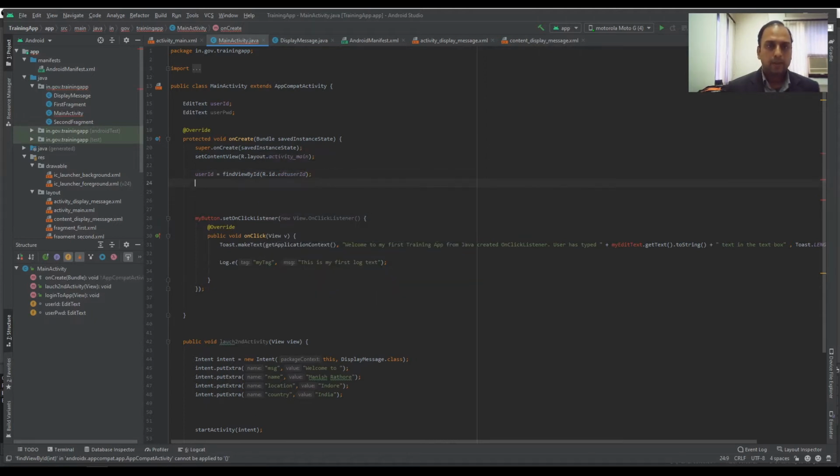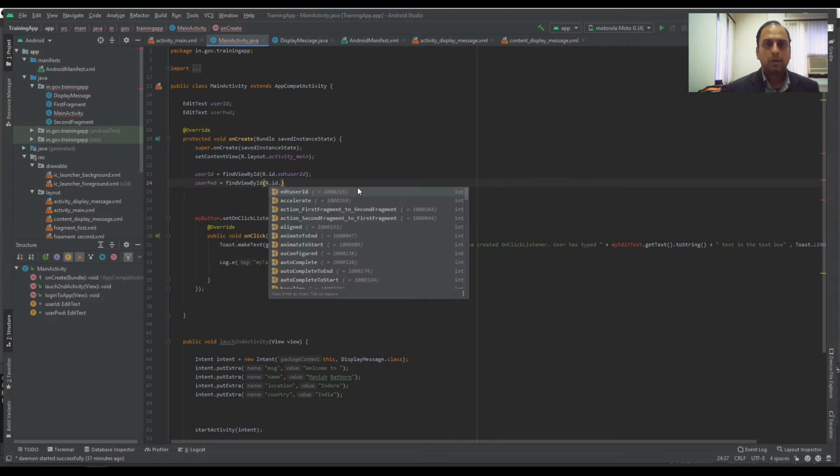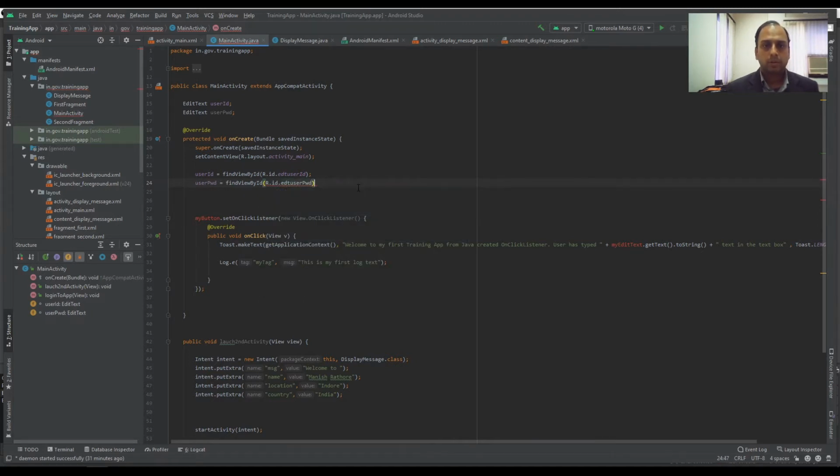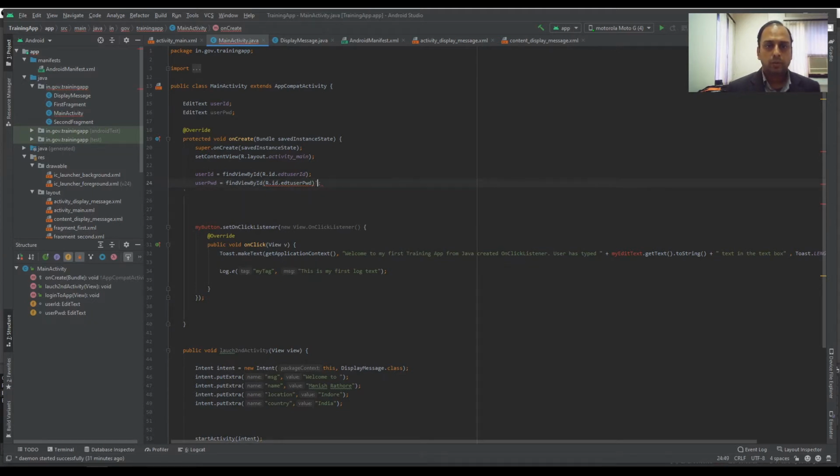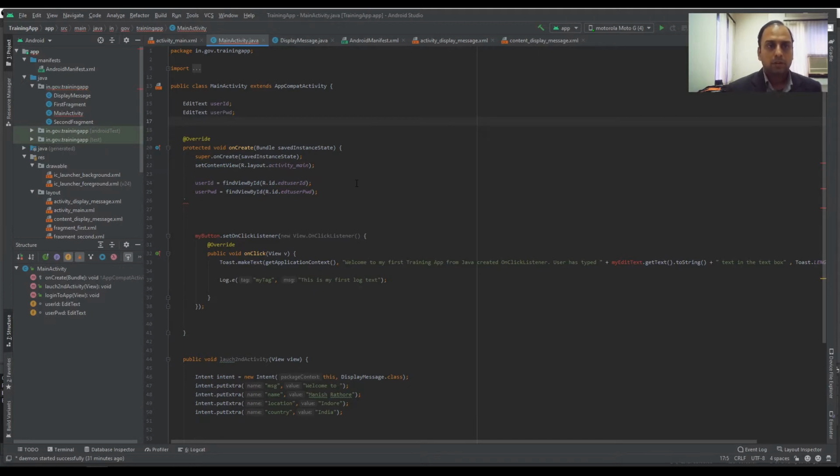Okay, and similarly for user password is equal to find view by ID, R dot id dot edt user password, and we have to create a button for login as well. Button btn login, and we have to now save it.